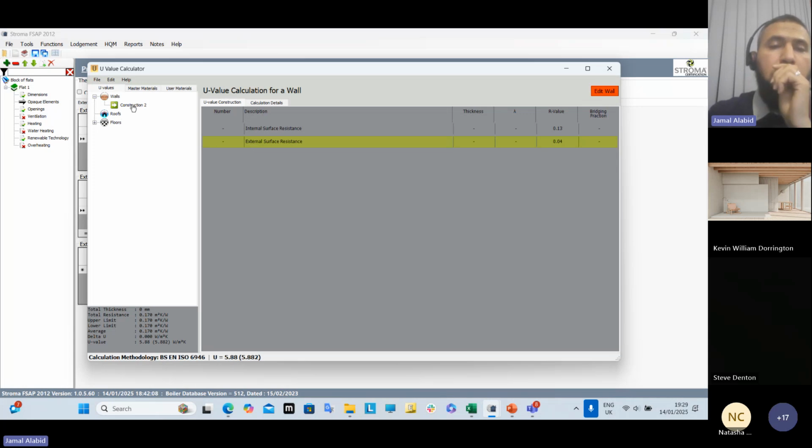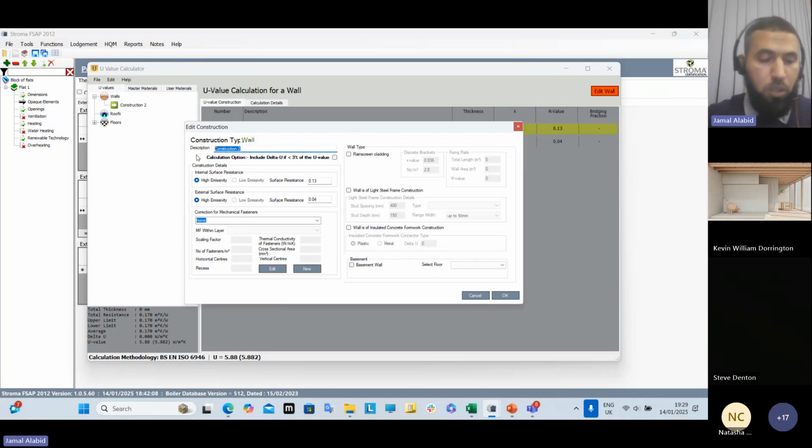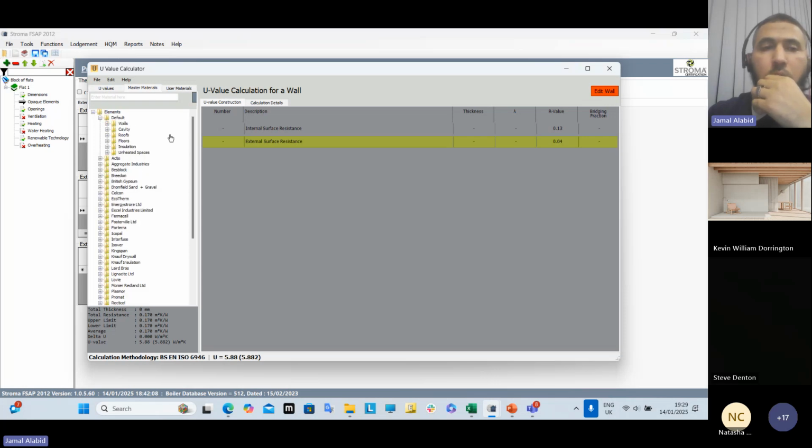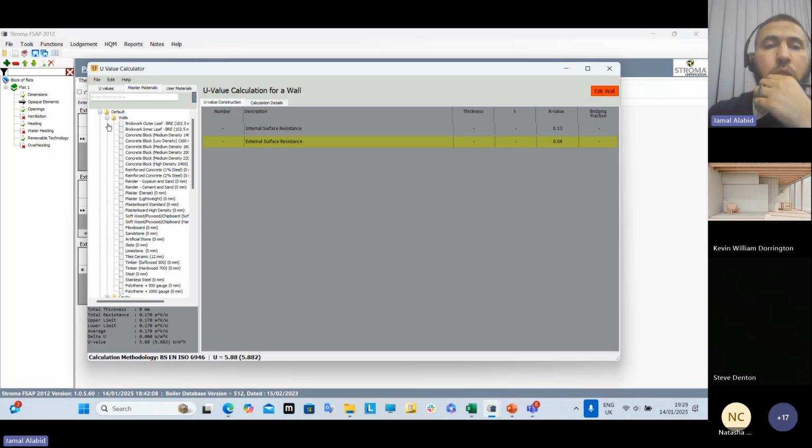Same thing, exactly what we did. You name it here like south wall. I haven't done everything here, but it's the same thing really: you go to the material, and by default you go to the wall, and you choose the material,